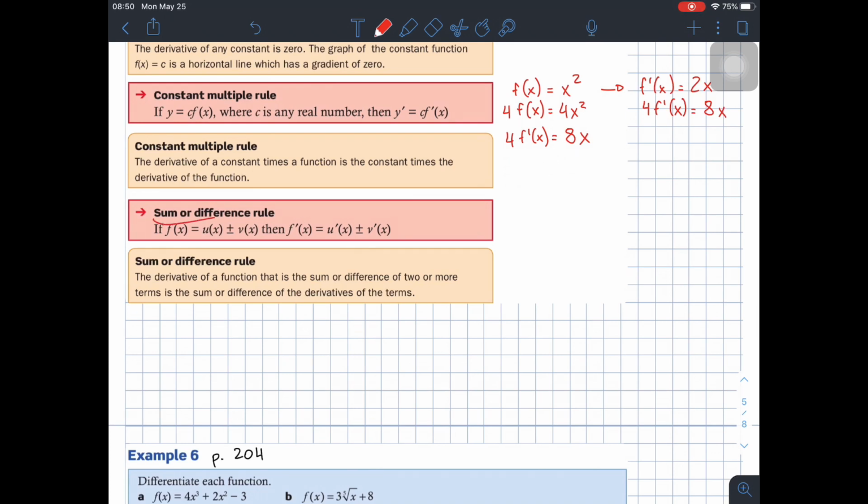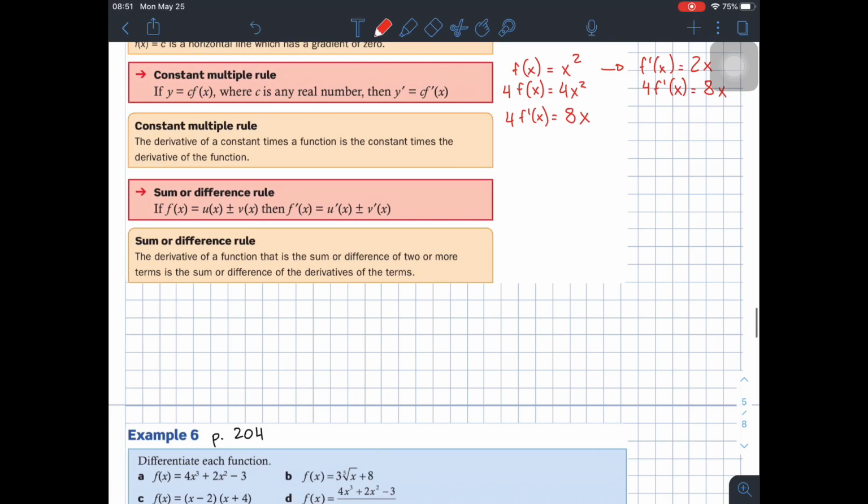Finally, we have the sum or difference rule, which says if f of x equals u of x, or one function, plus or minus another function, v of x, then the gradient function of f would be the gradient function of u plus or minus the gradient function of v. Okay, so if, for example, I say that f of x equals, let's say, x squared plus